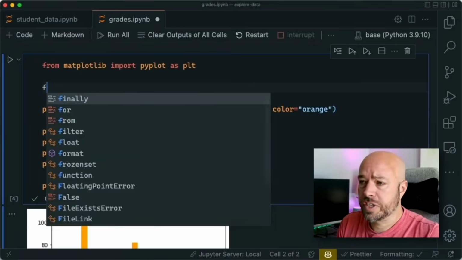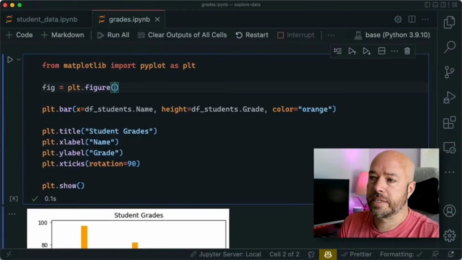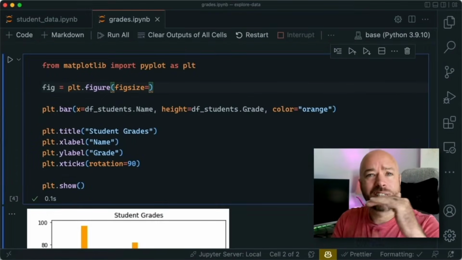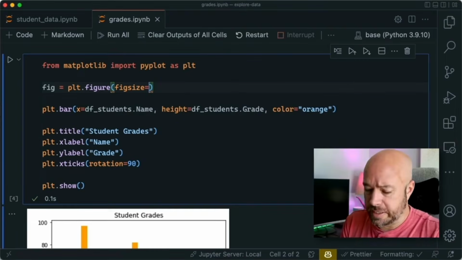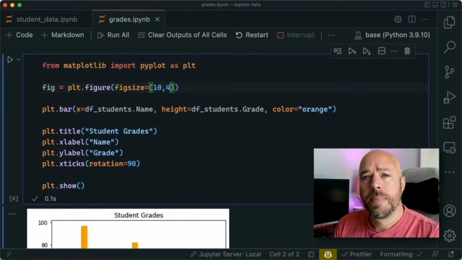So up here at the top, we're just going to define a variable called figure, and then we're going to say that that is a plot figure. And then once we do that, we can start to change the dimensions of the plot itself. And we can do that with fig size. So we might want this chart to be wider or taller, just changing the dimensions. Now the fig size takes two variables, a width and a height, but they're in inches. So for instance, if we wanted a chart that was 10 inches by 4 inches, 10, 4,